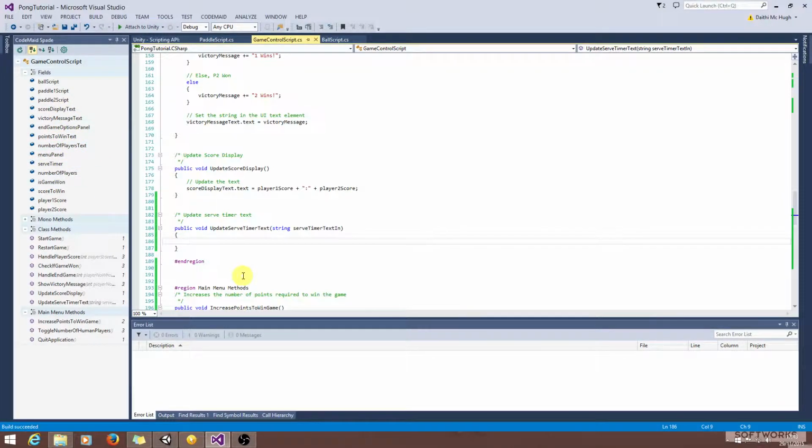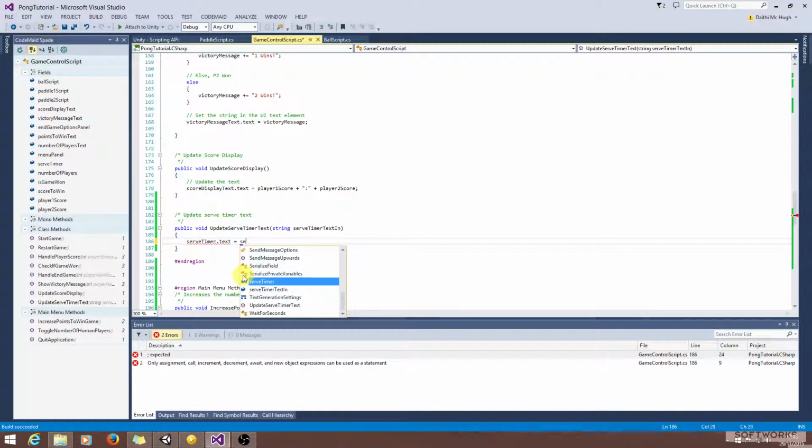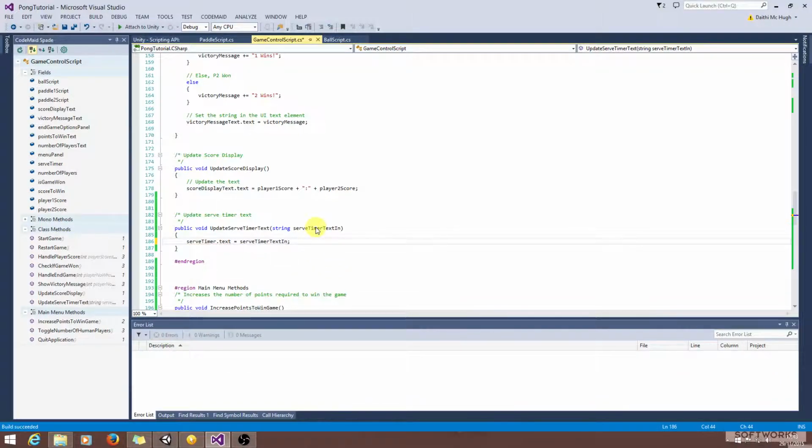Serve timer. So serve timer, we want to access the text component equals serve timer text in. So we're basically just going to pass the string in here, and we're going to update it